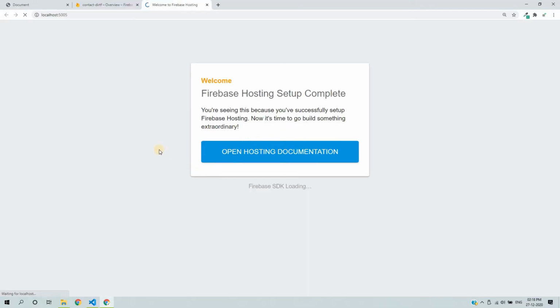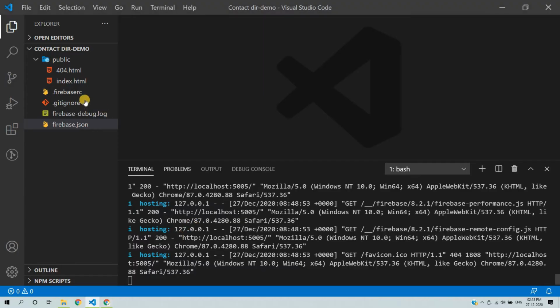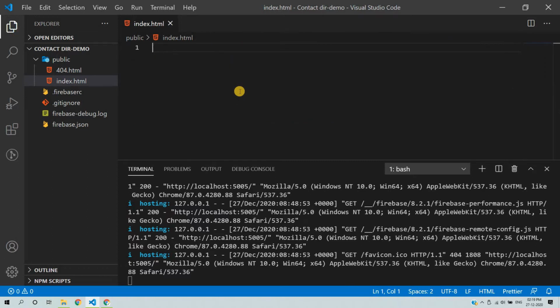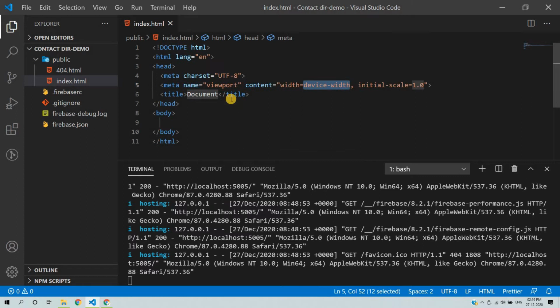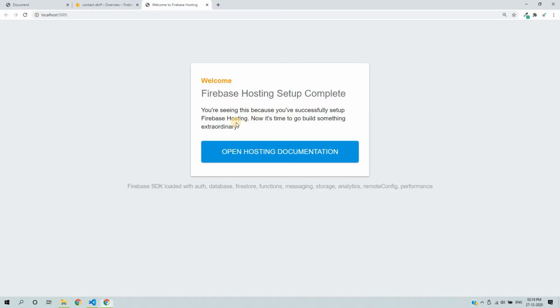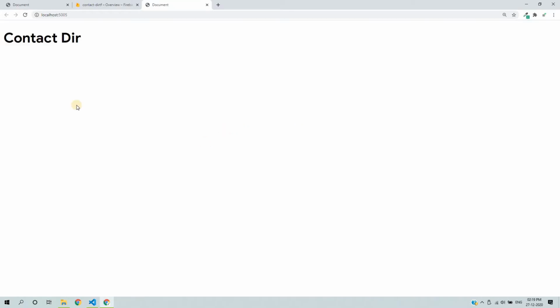You can open it, and this is the default project right now. So what I can do is remove the index.html file and create a new index.html file. Here we can add Contact Directory, and just reload, and it's working.